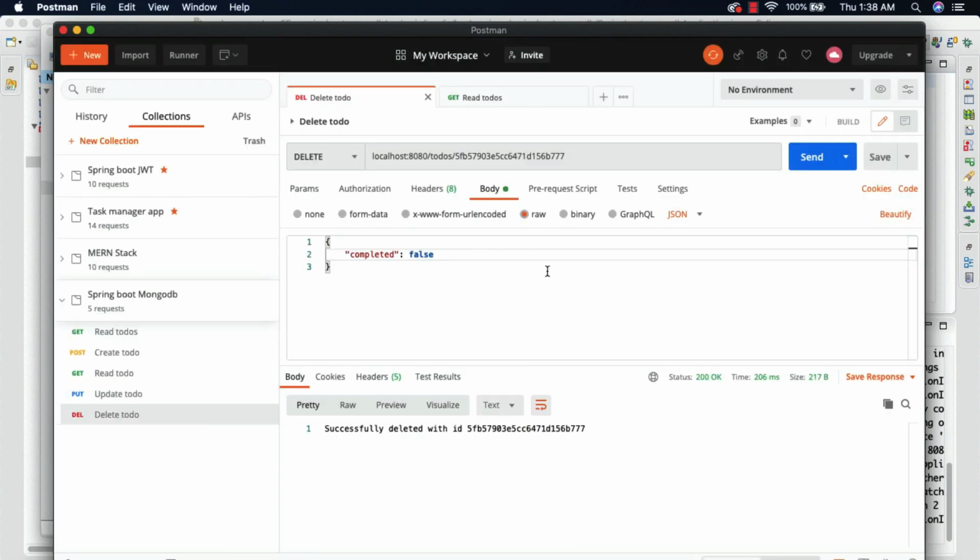Alright, so now we have completed all the database operations, the CRUD operations: create, update, delete, and read, and this completes part 1. We have created the Spring Boot application, connected to the MongoDB database, and performed all the basic database operations. In the second part, we are going to handle the validations, and we're going to improve the REST API. So that is coming up in the next video. I will see you in the next video.